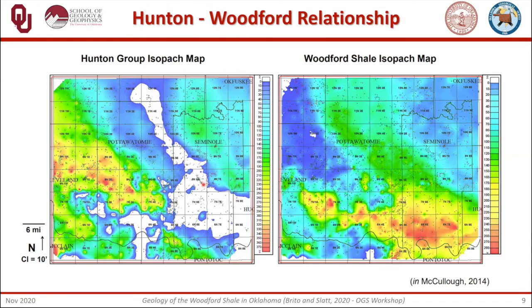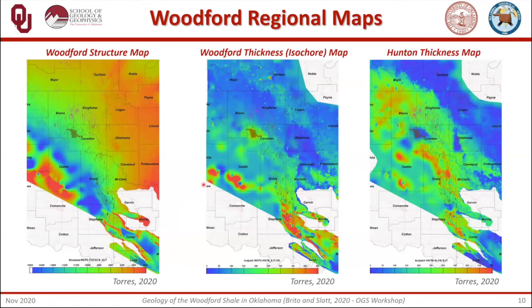Now looking at Emilio Torres' dissertation, which was finished up early this year, he has maps from the regional Woodford structure map, as well as Woodford thickness and the Hunton thickness. Here we can see a farther-away picture, and probably he's going to discuss them more tomorrow, but you're going to notice how the Woodford tends to get deeper towards the deeper part of the Anadarko Basin, towards the southwest. And then it tends to be thicker whenever you are lacking that Hunton,